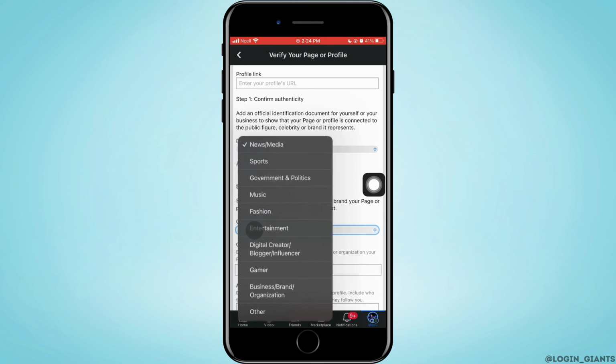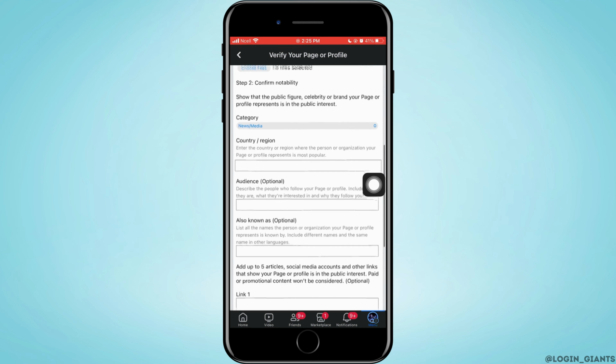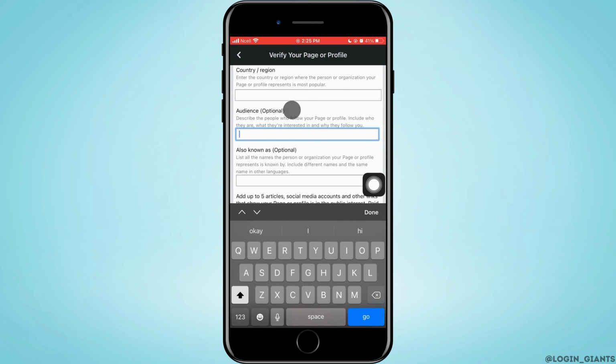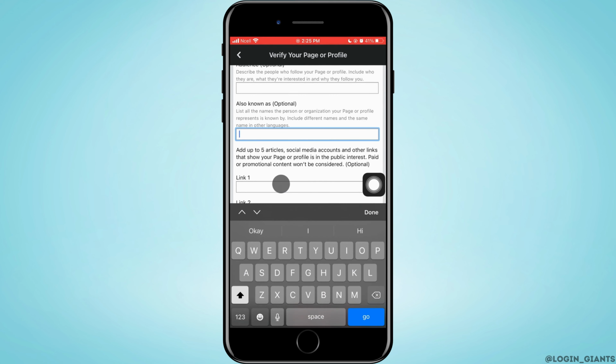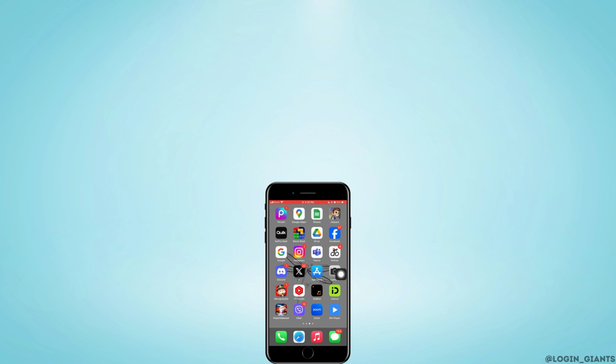Now you need to confirm your notability. You need to put any of agendas that you are in. Enter your country or region, enter your audience type, and fill other parts of the form accordingly. After that, you want to tap on send, and that is how you can get verified on